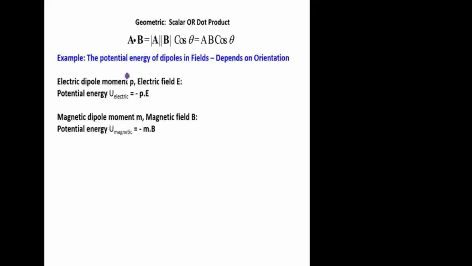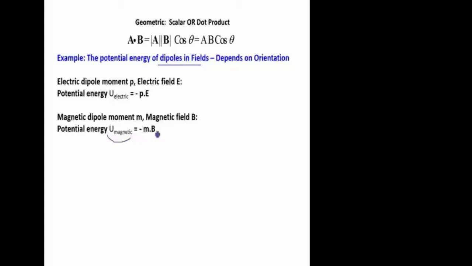Here's some other examples. The potential energy of dipoles in fields is dependent upon the orientation. If you have an electric dipole, which we would call vector P, in an electric field, which is a vector E, then it turns out that the potential energy of P in the E field is going to be equal to minus the dot product. The electrical potential energy of this system depends on the angle between these two vectors. The magnetic dipole moment, m, in a magnetic field B has a magnetic potential energy, which is m dot B